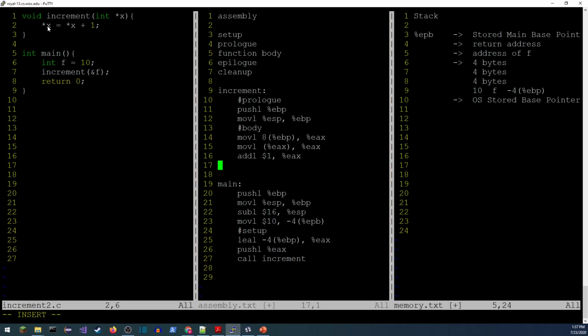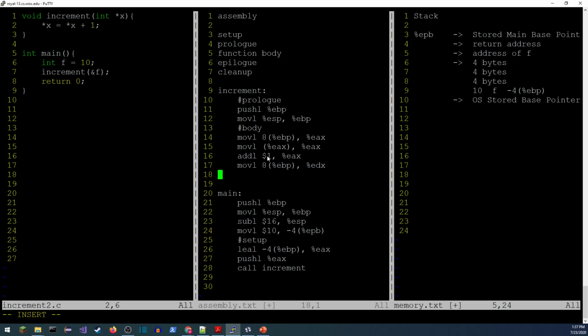So I need to dereference that variable X again. So do that in 2 steps, basically the same 2 steps I did right here. I need to go get the value, that address, and then put it in the right place. So to do that, move, I need the, so this is me grabbing the address, EBP, and I'm using EAX, so let's choose a different register and we'll store this in EDX. Okay, so now I've got the address, and now what I want to do is store the contents of this in the memory location where I've got that address.